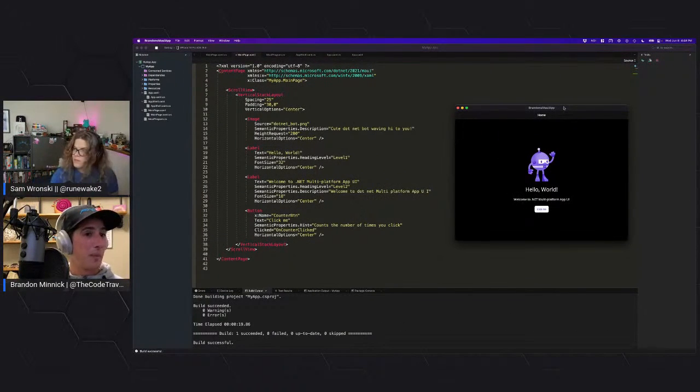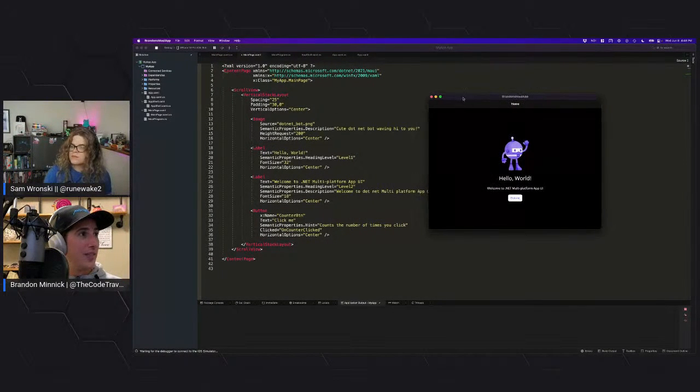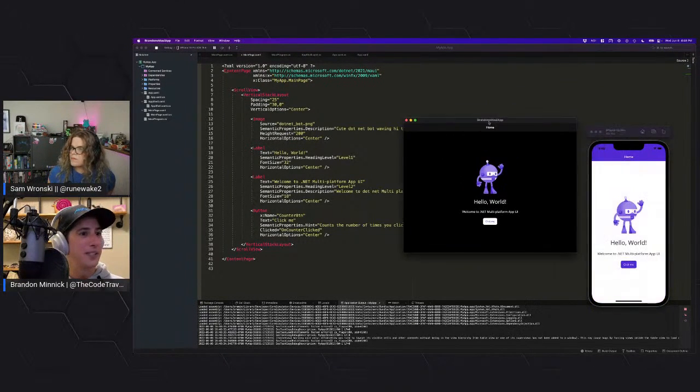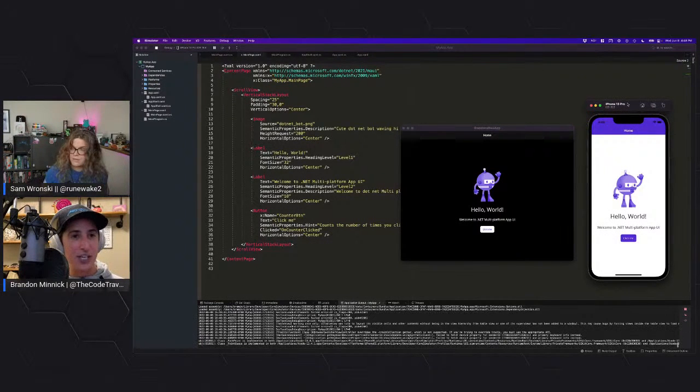So what we're looking at here is the code that created this page. And we're going to see it here on my iOS simulator in a bit too. So here's that same code running on iOS. And this one's kind of cool because you'll notice the background's black here and the background's white here. Well, that's because my Mac is running with dark theme, and the app has defaulted to the dark theme. Whereas on iOS, if I change this to dark theme,